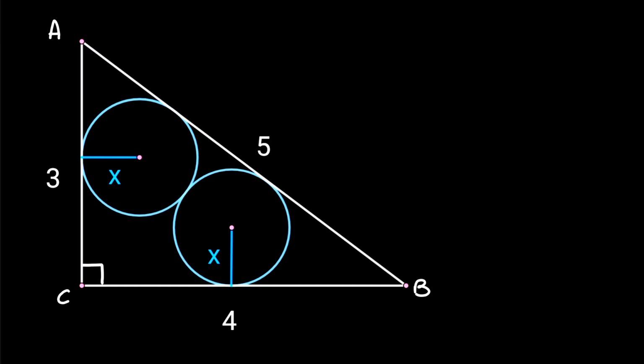So today we have an interesting geometrical problem. We take a right angle triangle ABC of dimensions 3, 4 and 5. Now we inscribe two congruent circles inside this triangle. Now the thing to be noted over here is that all these yellow points are tangent points.